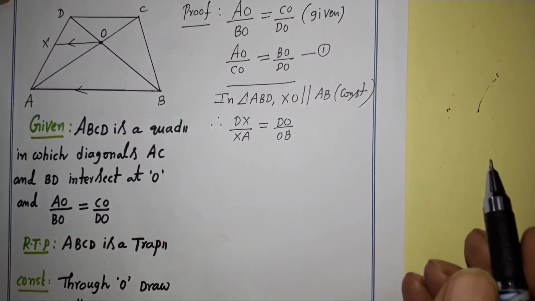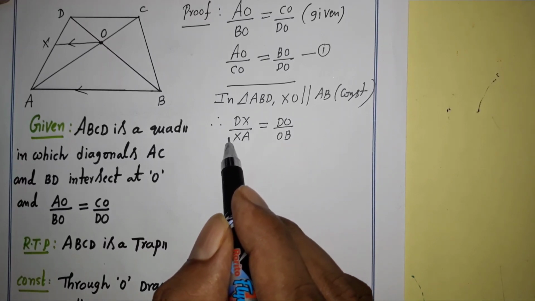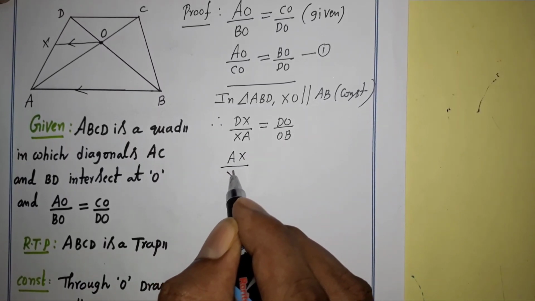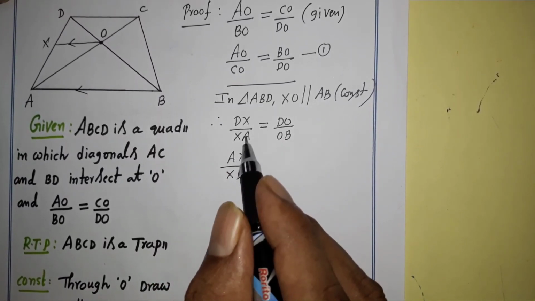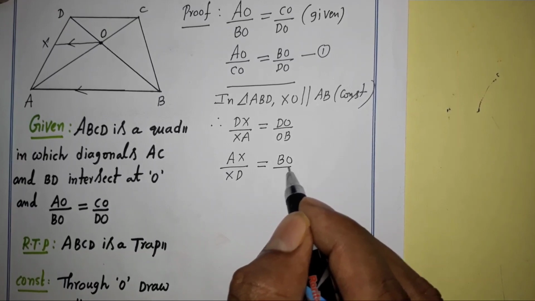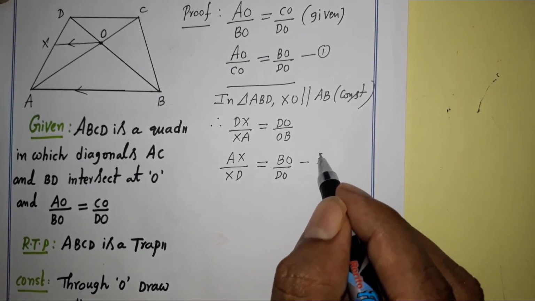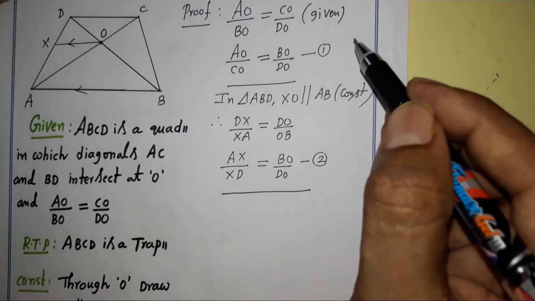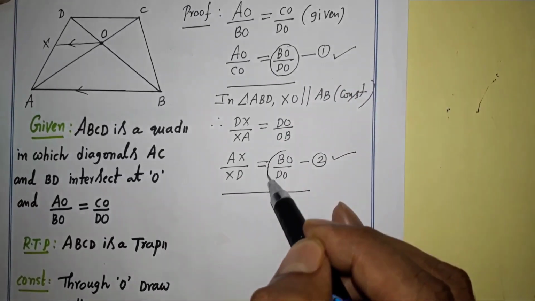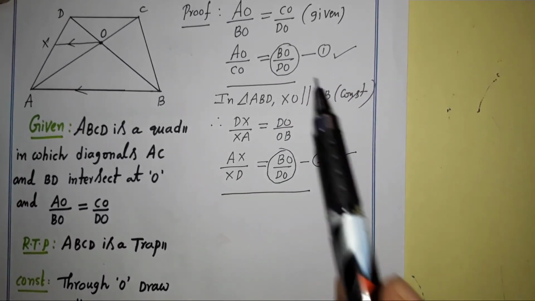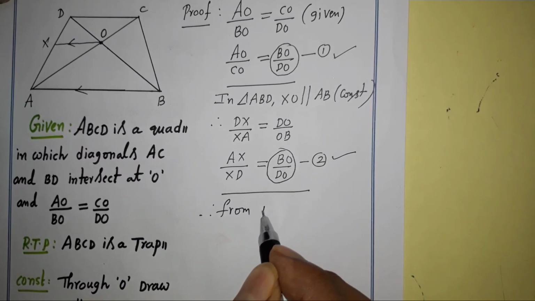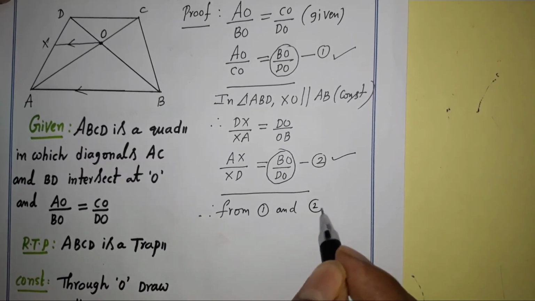Just take reciprocals on both sides. Here the reciprocal is XA by DX, that I am going to write as AX by XD, because XA or AX, DX or XD both are same. This you write as BO by DO and take this one as equation 2. Now observe the first and second equations, their right hand sides are equal. If their right hand sides are equal, automatically their left hand sides are equal. Therefore, you can write from 1 and 2 equations